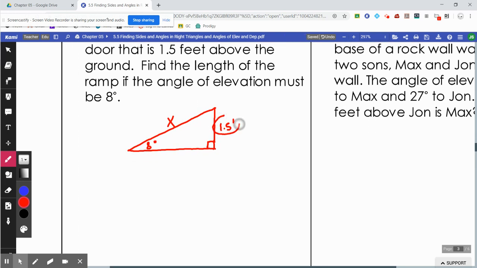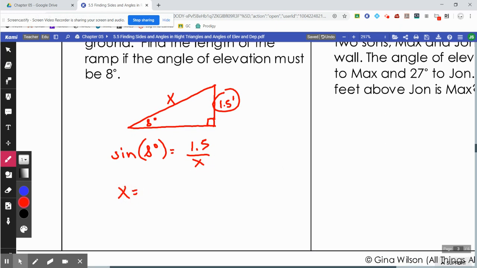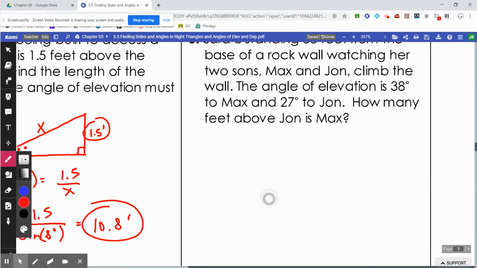We're dealing with opposite over hypotenuse, that is sine. The sine of your angle is equal to opposite over hypotenuse. Since the x is on bottom, we are going to switch spots. That's going to be 1.5 over the sine of 8 degrees. And that's going to be about 10.8 feet. Number 6. Sarah is standing 35 feet from the base of a rock wall, watching her two sons,